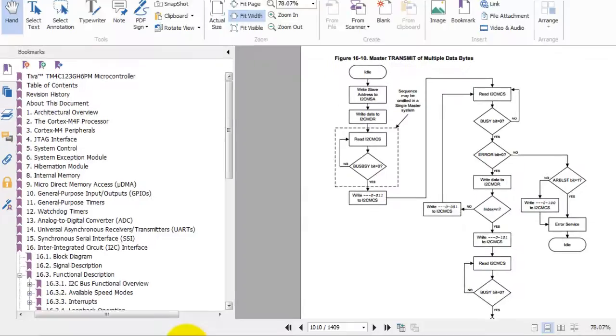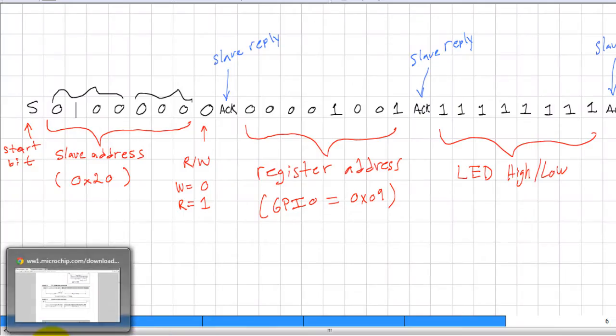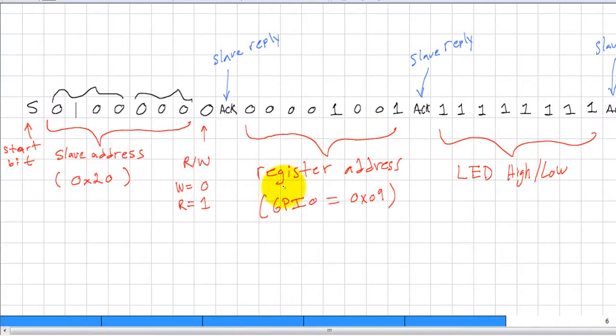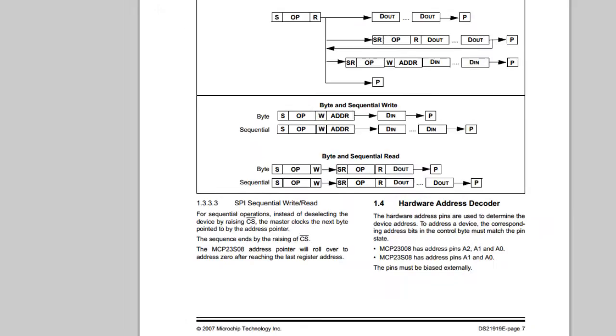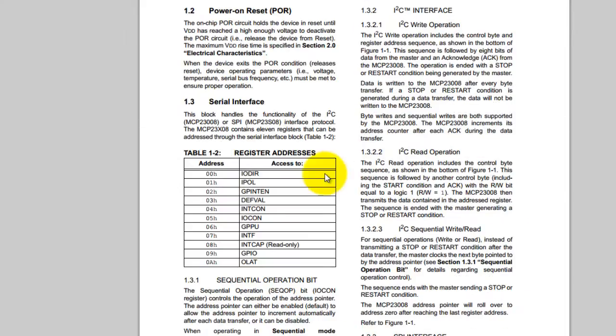In order for us to turn on an LED, we have to talk to the GPIO register, which is located at address 09 on the IO expander. And after we send the register address, we then send the value of the register. So I showed you how the IO expander works in my SPI tutorial, but just a quick overview of the register once again. This is the IODIR